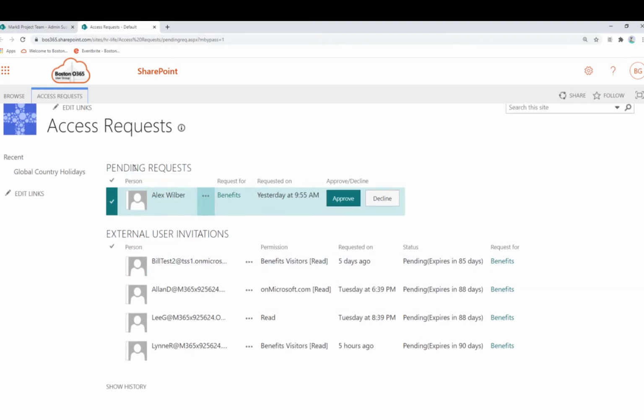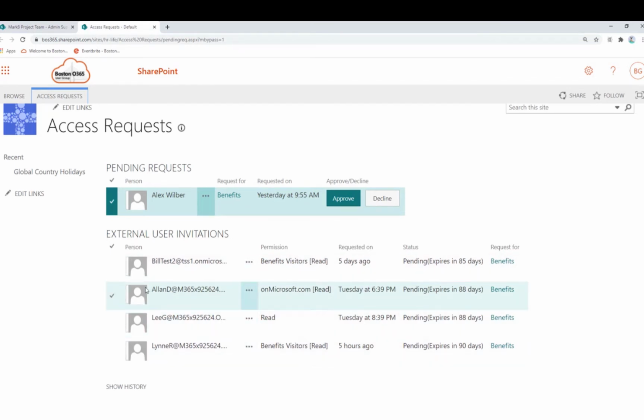It's funny how they show up on pending requests. Now, so yeah, these are the pending. So here are requests that I've sent out, but the user has not accepted the invite yet. And you can see this person was added to the visitors group. This one I added to the Microsoft security group.